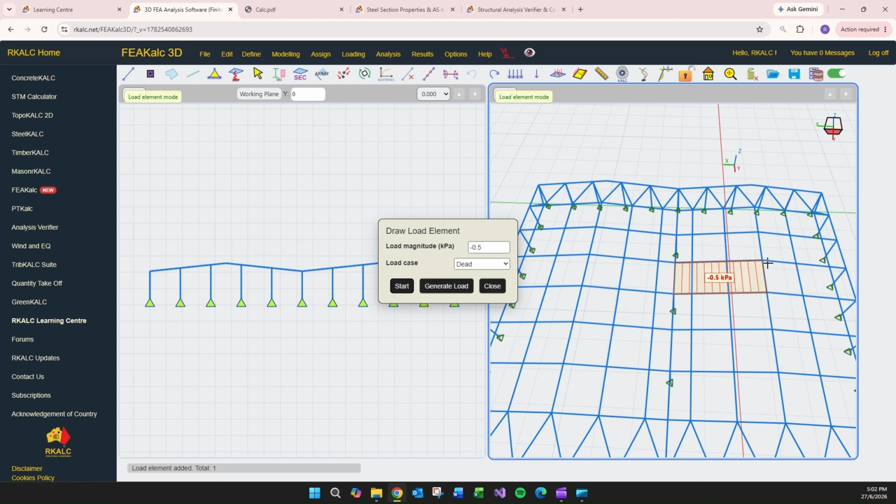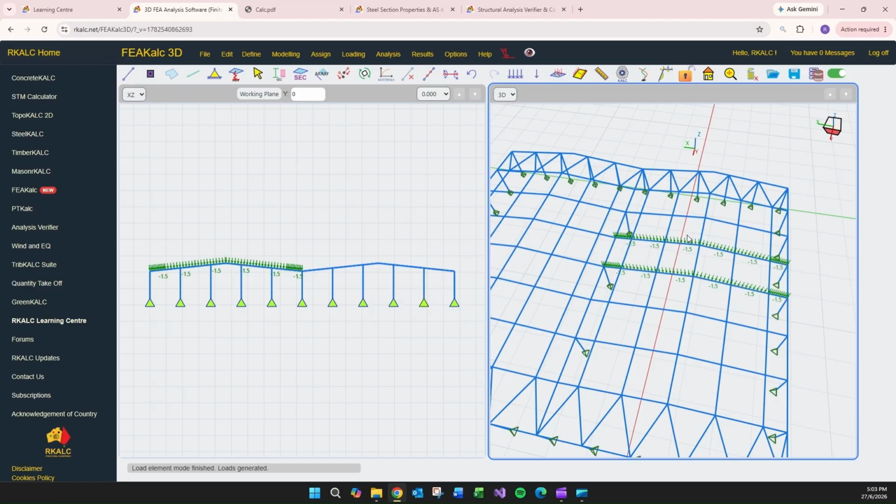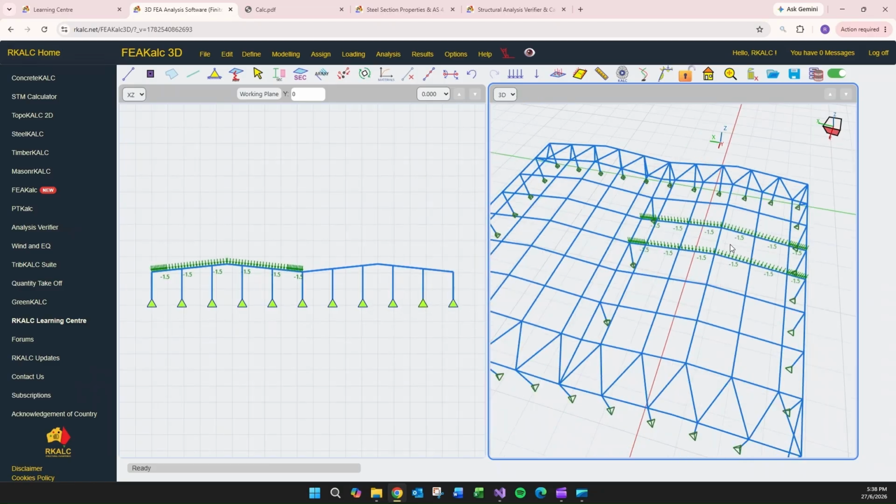Start. You go 1. So that is 1 span or 1 bay. And keep going. Start again. Start. And you can carry on doing this. But for now, just to demonstrate, I just click generate load. It will show you the load generated. Applied 0.5 kPa times 3 meters, which is the tributary area of each of those rafters. 0.5 times 3 becomes